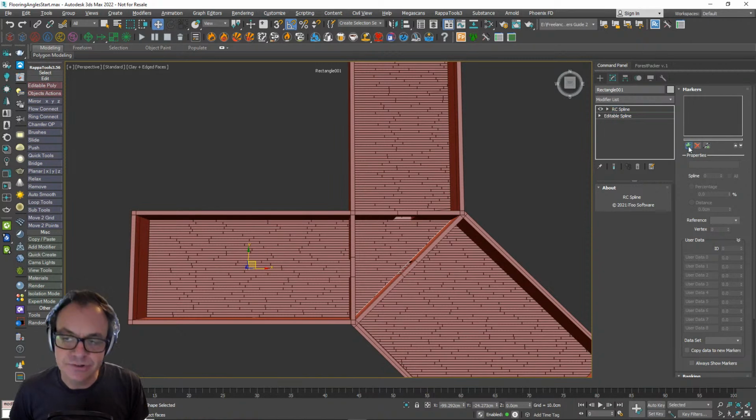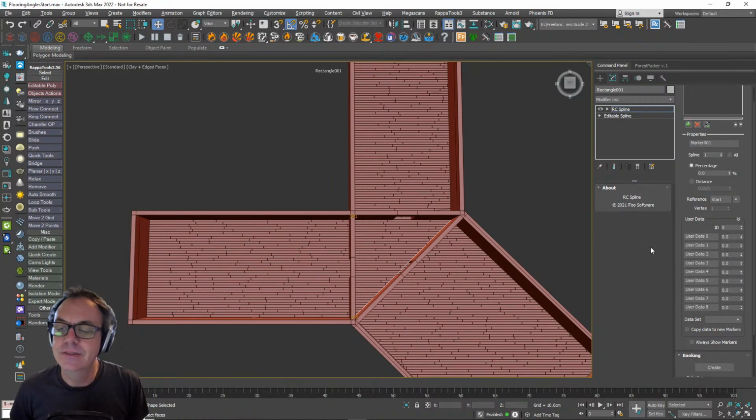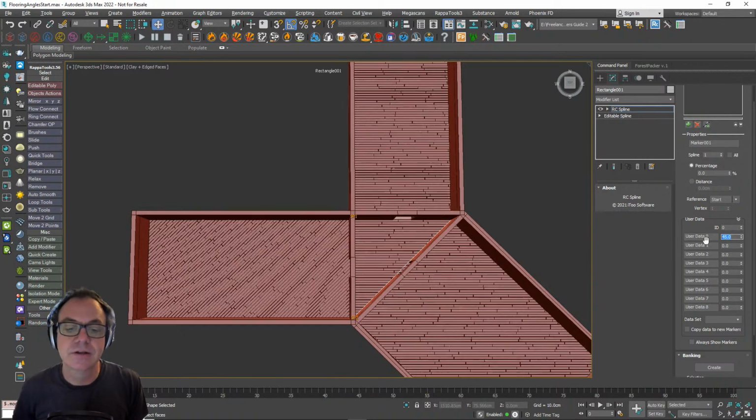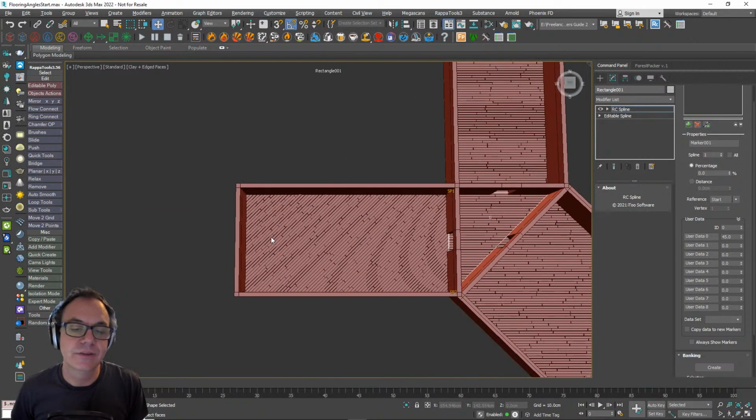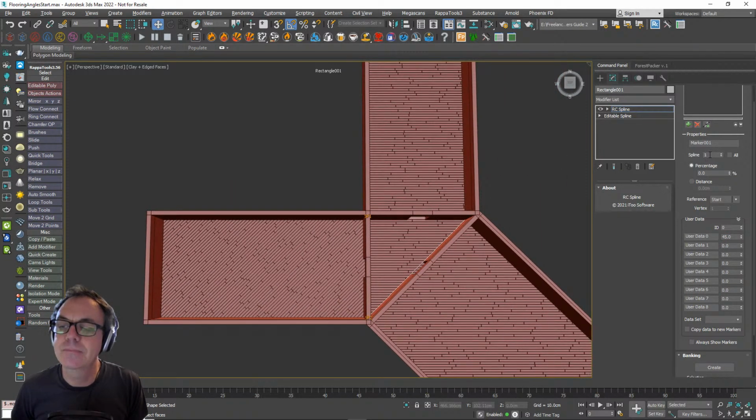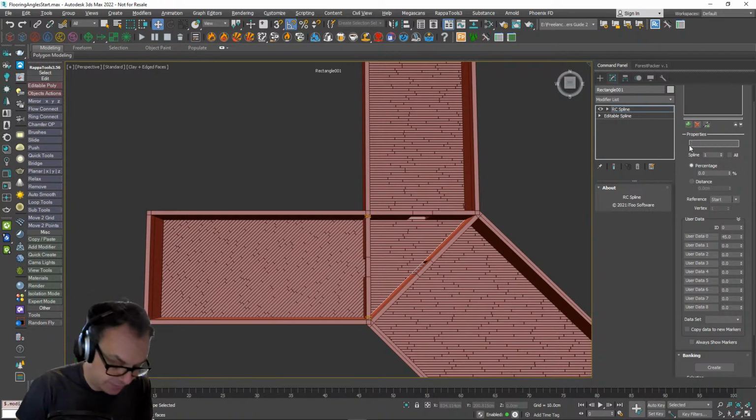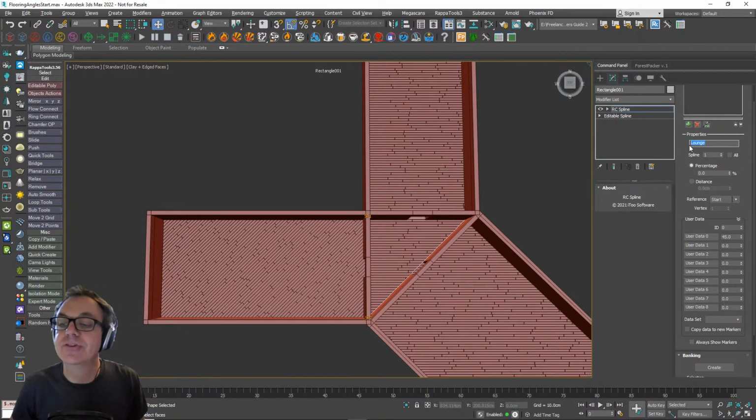So what you just do is click on plus to add one, and then that number, data 0, is this parameter here, user data 0. And if I change this, it should change the array. You saw that? Now, because this is only on spline 1, I'm only changing that particular room. In fact, you could label these. Let's imagine this is the lounge. You could label these so that it's very easy to know what it is you're changing later on.